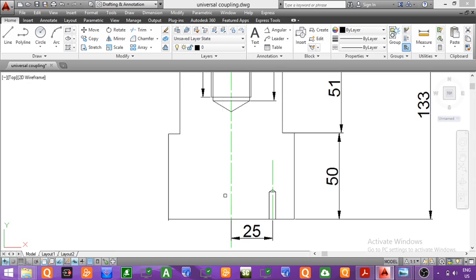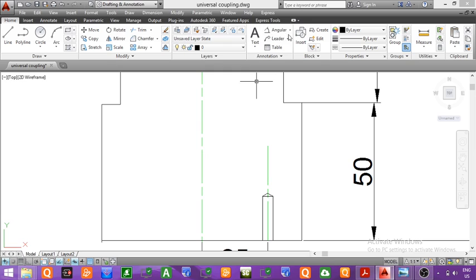Now we will show the major diameter of the thread. Here the major diameter is equal to 6 mm. So in order to show the major diameter from the center, that is from this center line, we will take a distance of 3 mm on the left hand side, and this length will be equal to 16 mm,